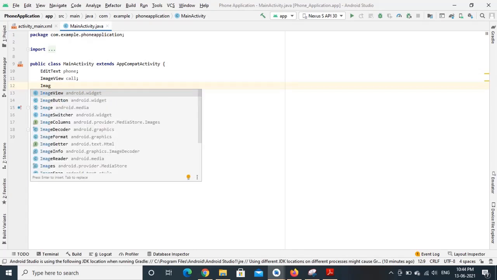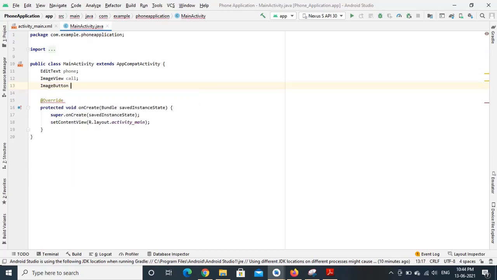Remember, image button is different, button is different. So we have to select image button type for save.